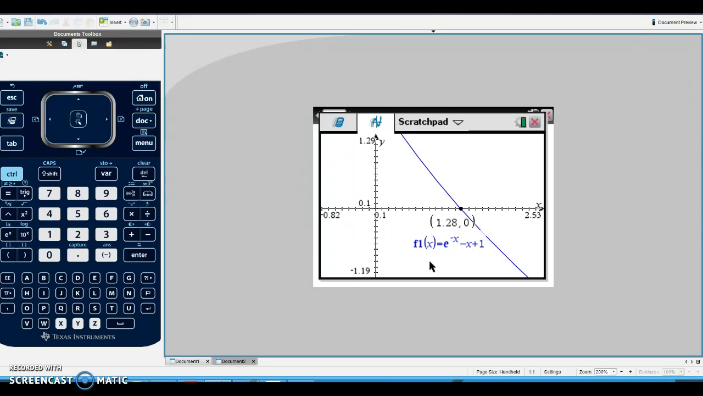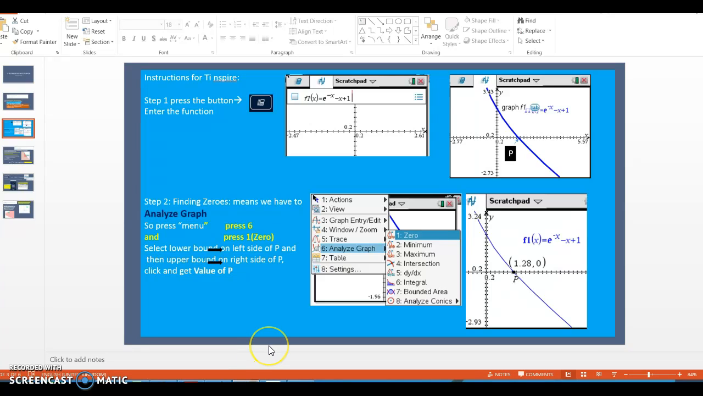I know they are just asking for P, but it's always good to show proper working. You can specially write down that the x coordinate of P is 1.28, and you get 2 marks. So let's go for the second part, guys. For the second part,